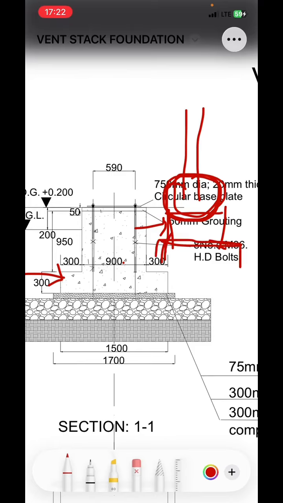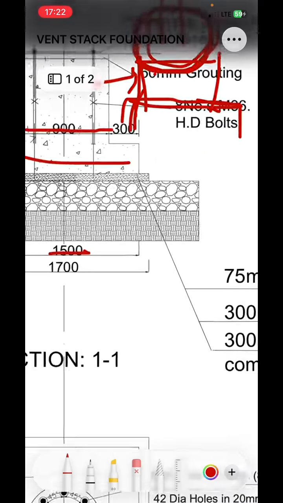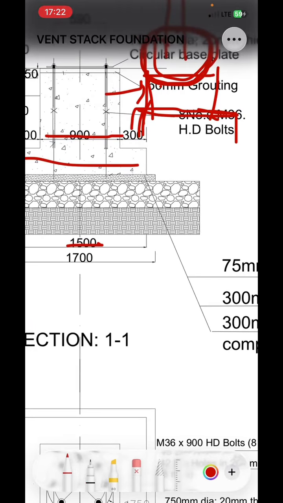There's a reason why the footer has a longer length. The footer is 1.5, the pedestal is 900. So why does it have that? Let me give you one kind of example. Let's say